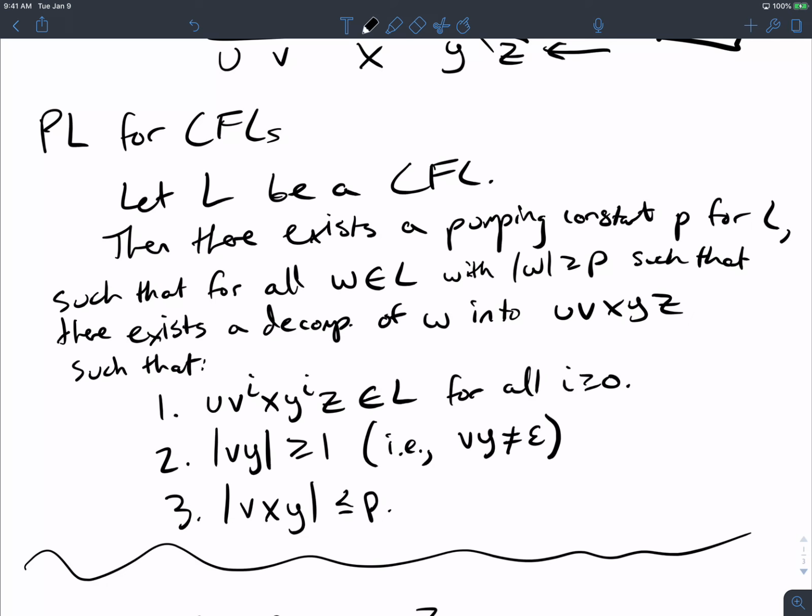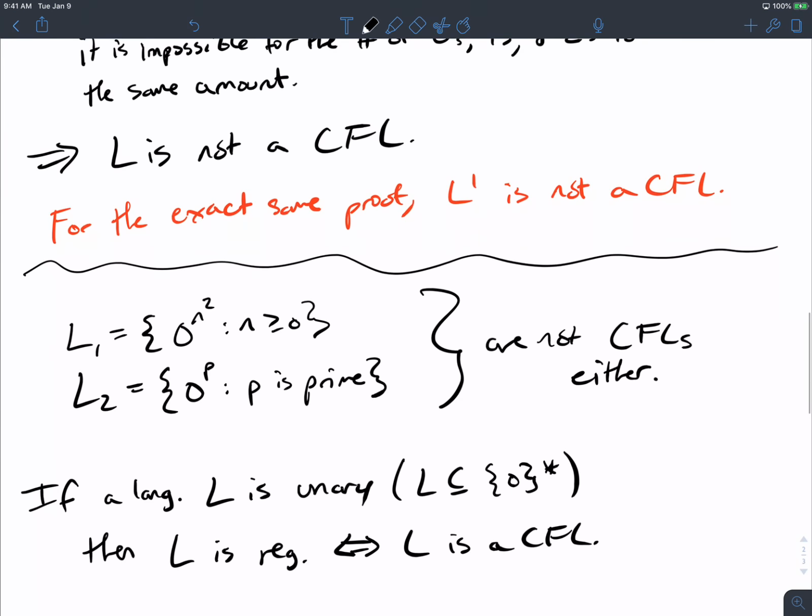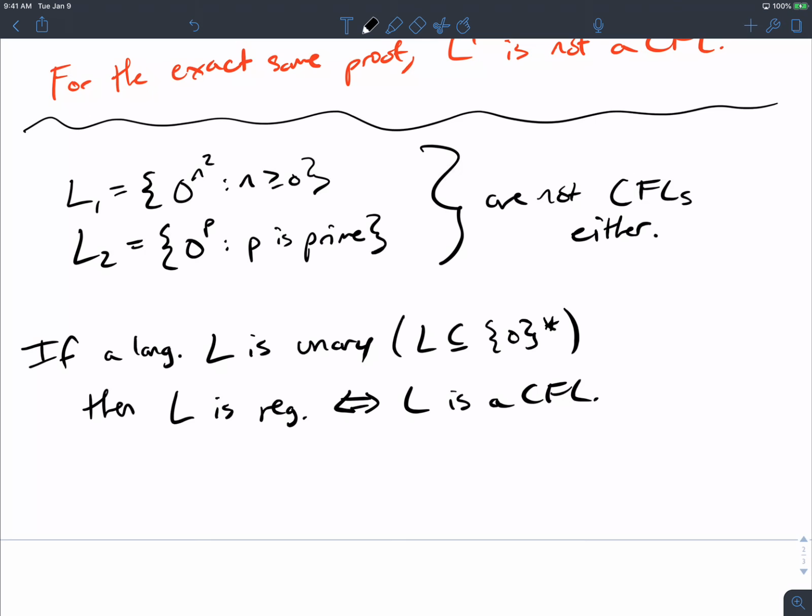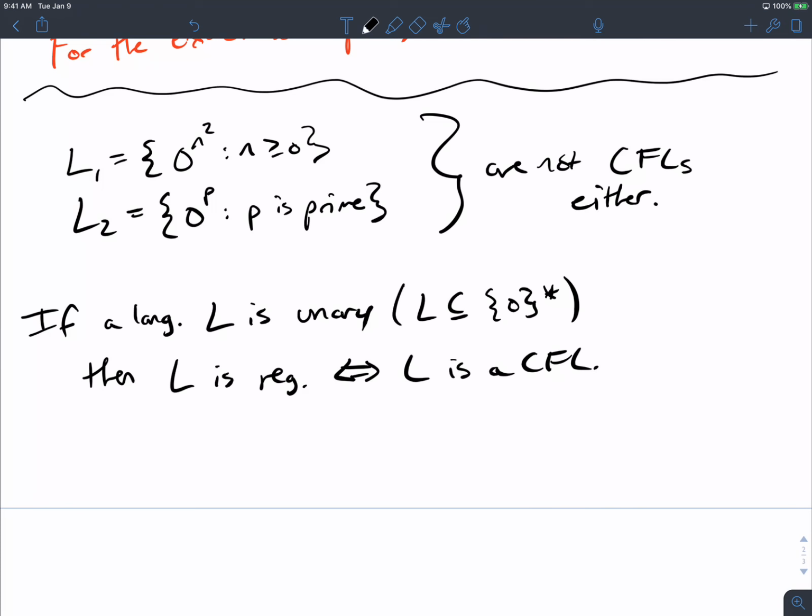Does it really matter where I pump in the string? If we have a unary language with just a single character, a bunch of zeros, does it matter if I pump in the middle or the end, or the beginning? It doesn't matter at all. So we might as well just pump at the beginning. But the pump part I'm pumping has length at most p characters, which sounds suspiciously like the regular version. And in fact, that's the case. That's just a high-level argument for why this is true. So based on that, these two languages are not context-free. Okay, any questions about that?